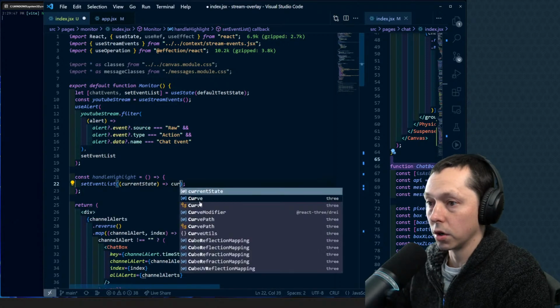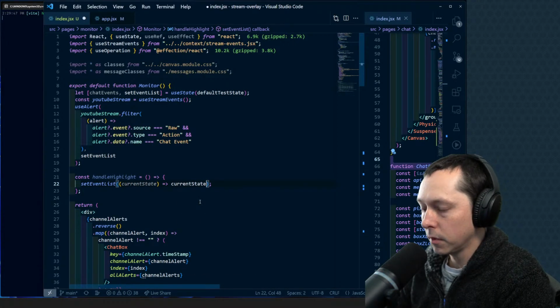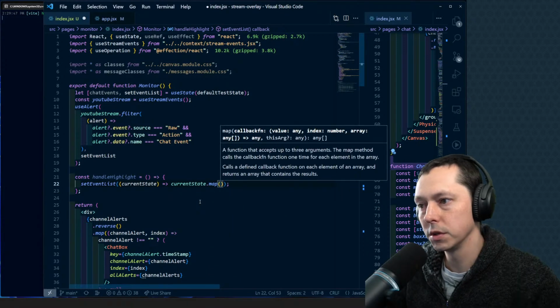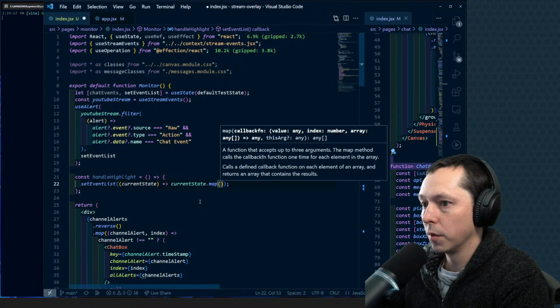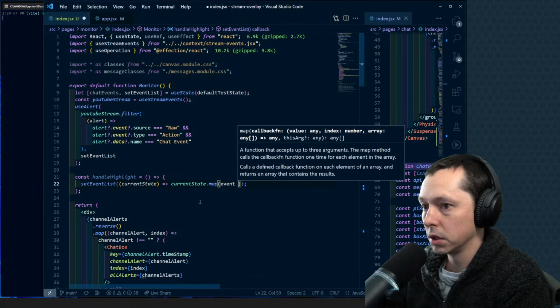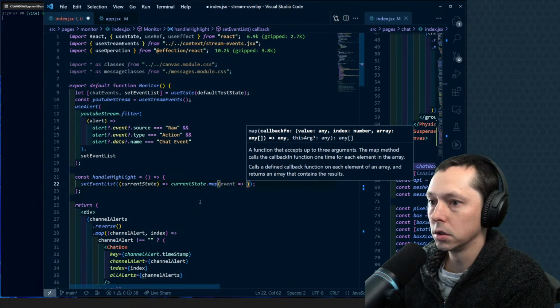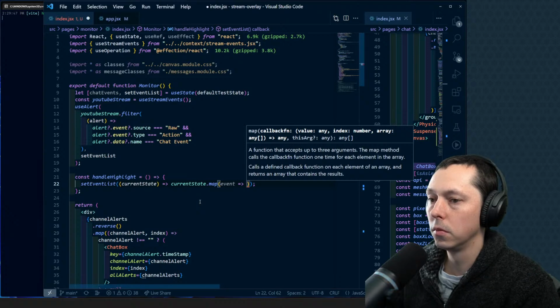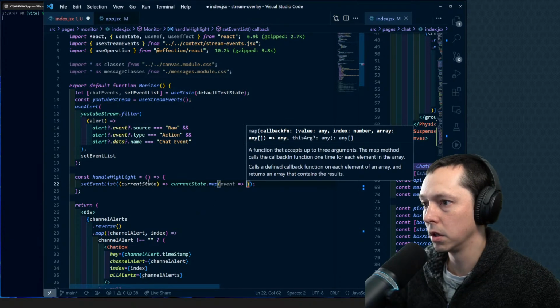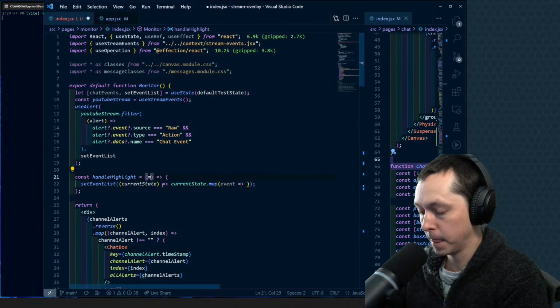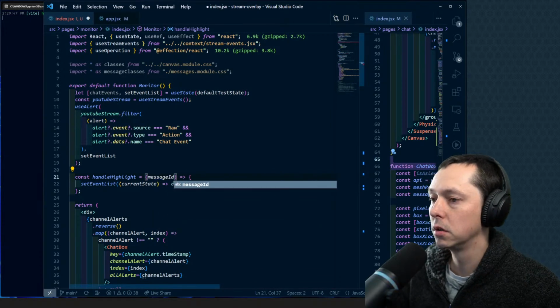So we're going to say current state dot map, and this will return a new array. And in there, we're going to say event, and we need to get the ID. So if we say the message ID,